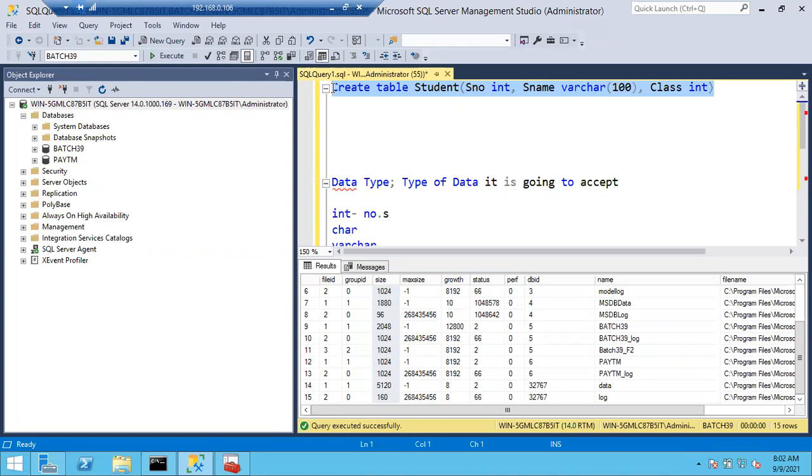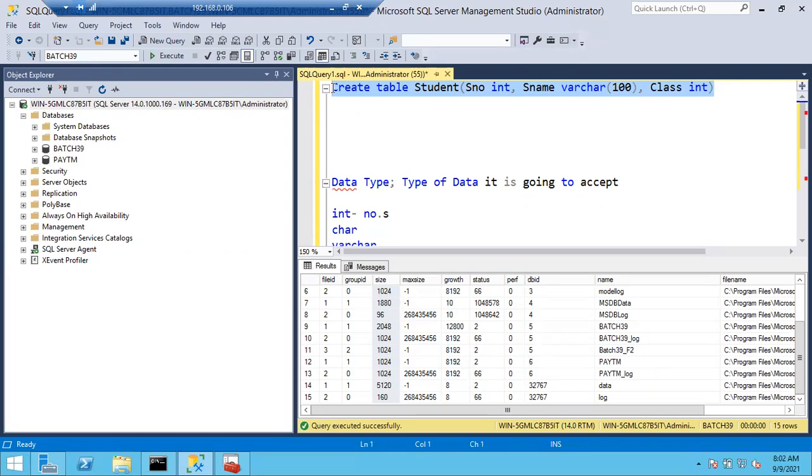That's why we are not going to store any data in the system databases. System databases are mainly for the things we have discussed. If you want to create any user objects, you have to create them in the user databases only.